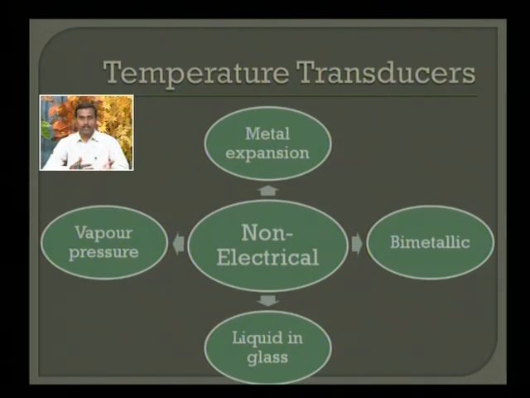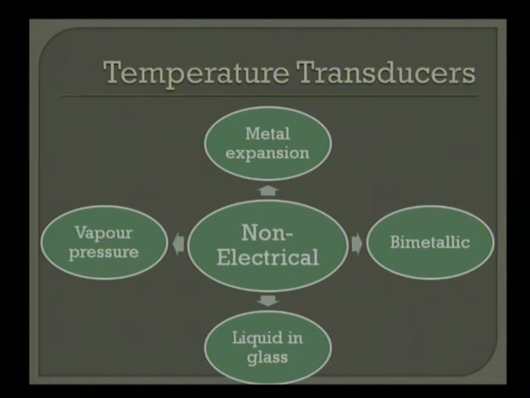The mercury thermometer is a common example, and the alcohol thermometer. So the different kinds of glass thermometers that you have are nothing but simple liquid in glass thermometers. Again, the property that we are using is expansion due to thermal energy. Whatever is happening is this: you are applying some temperature, due to the thermal energy that has been transferred, the expansion of liquid is taking place, and that expansion of liquid is making either mercury or alcohol rise in the glass tube. So whatever level it rises to is simply indicative of the temperature.